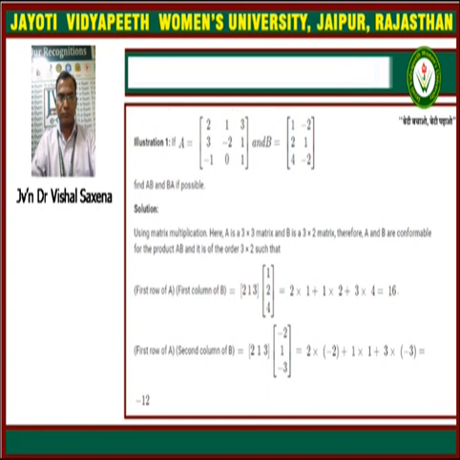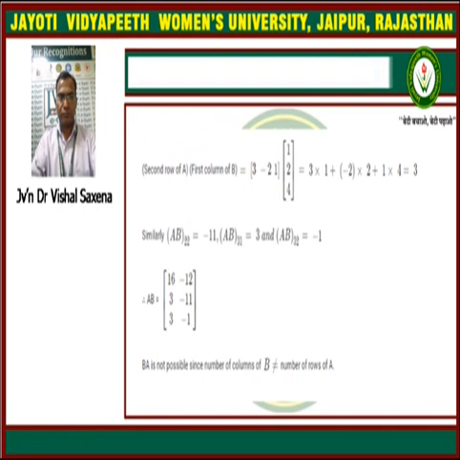In the similar way, we have to take the first row of the matrix A and multiply by the second column of matrix B. That is 2, 1, 3 is the first row of the matrix A, and the second column of the matrix is -2, 1 and -2. So in this way the resulting element is 2 into -2 plus 1 into 1 plus 3 into -3. So that is equal to -12.